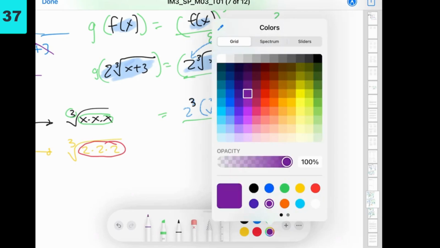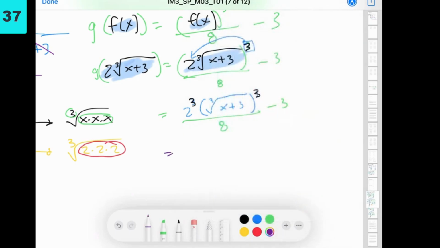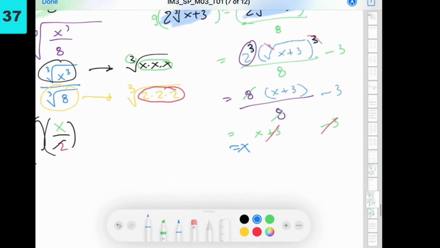Alright, let's keep simplifying this. So 2 to the 3rd power here is 8 over 8. The 3 and the cube root is gone, so you're only left with just x plus 3. And to be careful, you have to put that in parentheses. Minus 3. Almost done. So then you have 8 divided by 8, so you have x plus 3 minus 3. And then these negative 3's will cancel, and then you're just left with x, which means